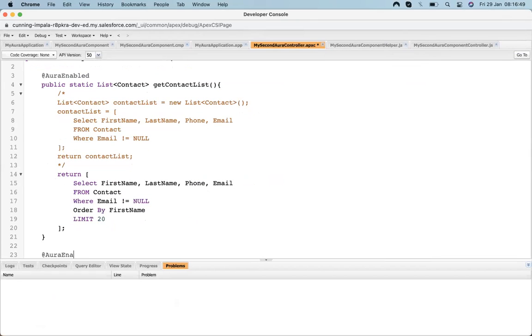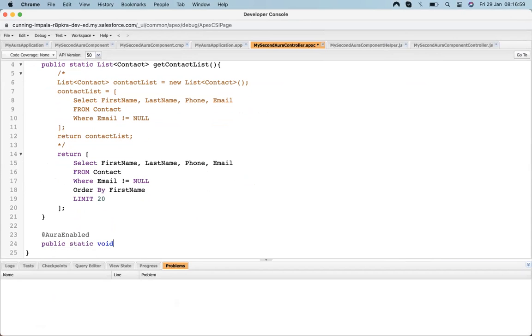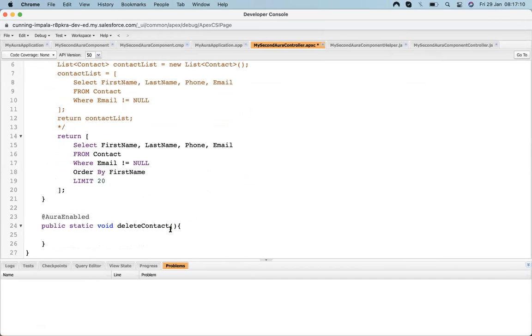So, @AuraEnabled public static, and let's not return anything. Delete contact. And I need to get the ID of that record, so string recordId.